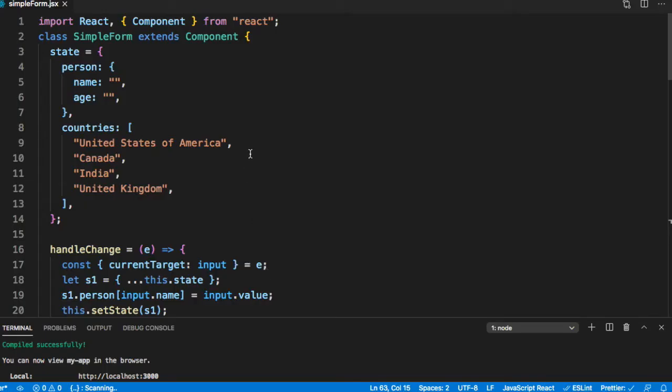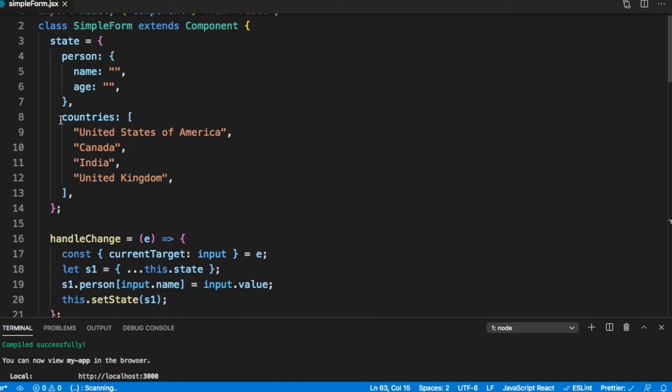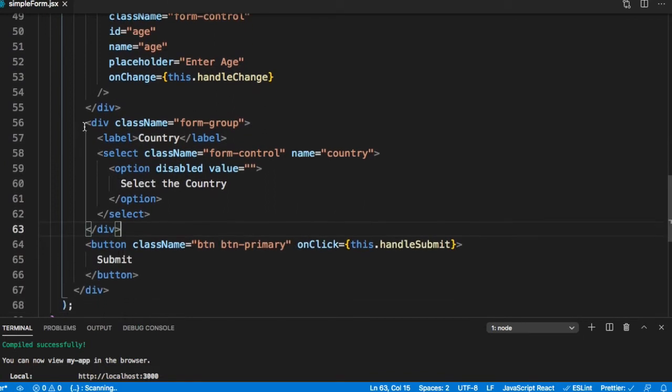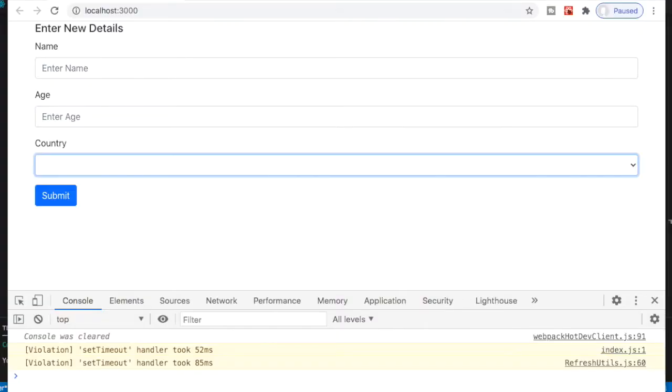We will start using the same simple form that we had defined in the previous video. In the state for that form, we've just added an array of countries, and we will create a drop down to select a country here. Just as we discussed in the steps, we have added a standard JSX for the drop down, and within that we have put in an option, select the country. Let's go ahead and check it. So here we get it. We had the name and the age from the previous lesson, and we have just added a drop down.